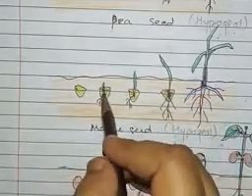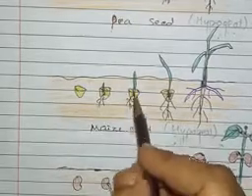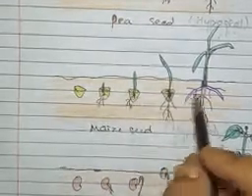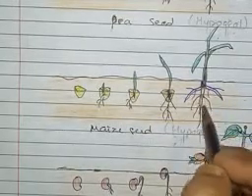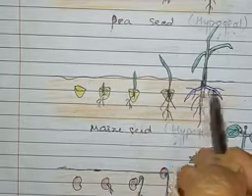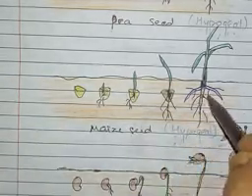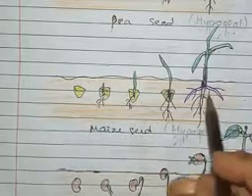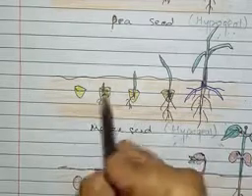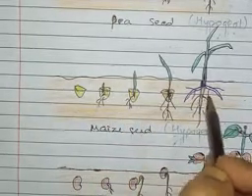Remember, the initial radicle grows to form the root, then the root withers off, okay, and its place is taken by the adventitious root system. So here the root is not produced from the radicle, and that is the reason it is called the adventitious root system, or fibrous root system, which you must also have heard related to it. That is the type of root developed in the case of the maize grain.